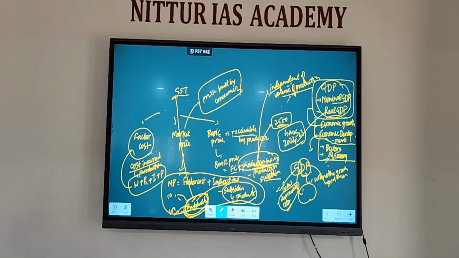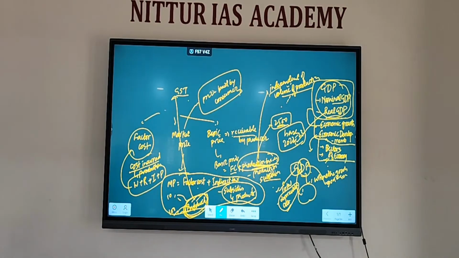Next heading you write down: product subsidies. These subsidies are received per unit of product. Examples of product subsidies are food subsidies, petroleum subsidies, diesel subsidies,